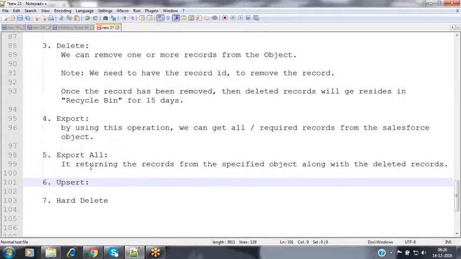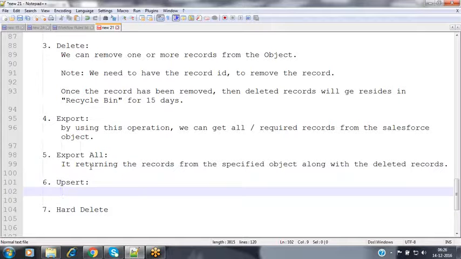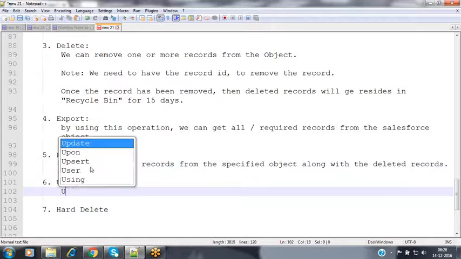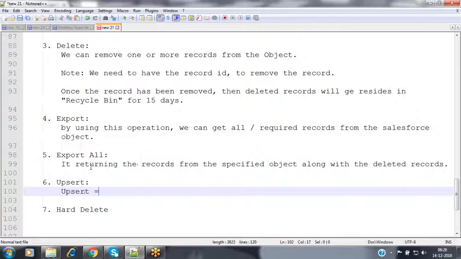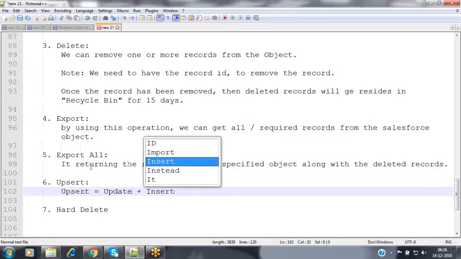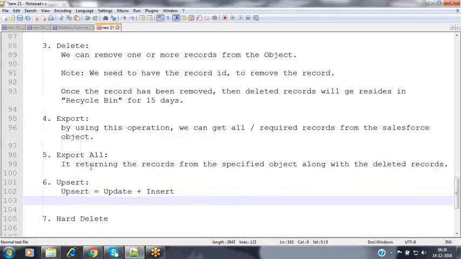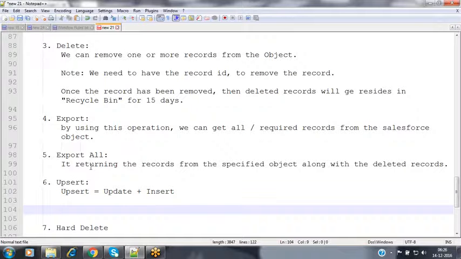Upsert operation. Upsert means what? Upsert is nothing but the combination of insert and update. Both insert and update operations we can perform in a single transaction. The flexibility will be available here.